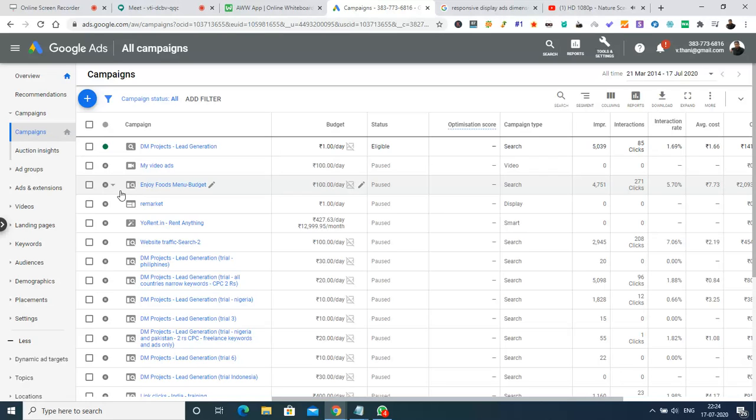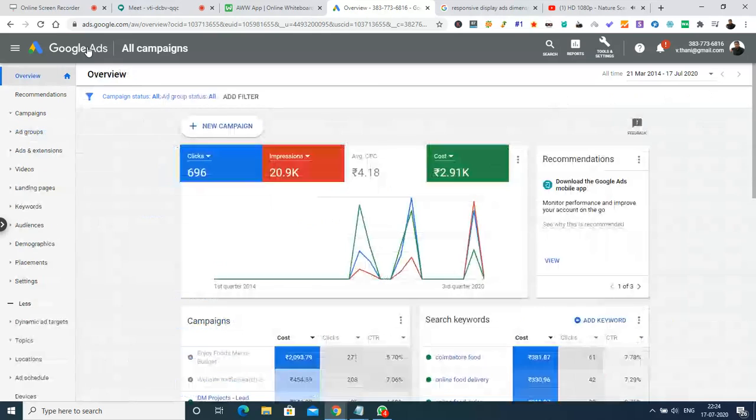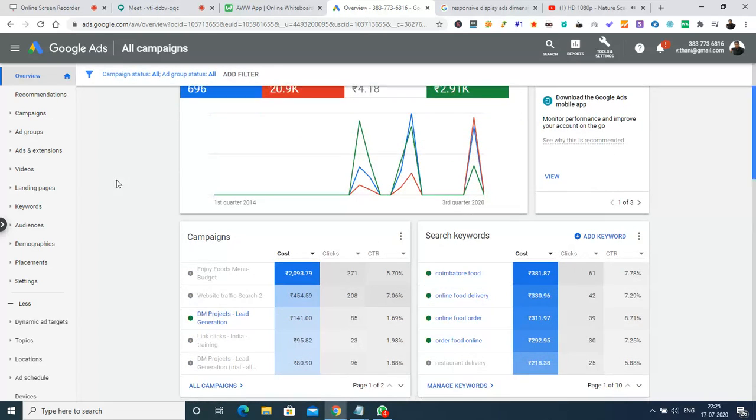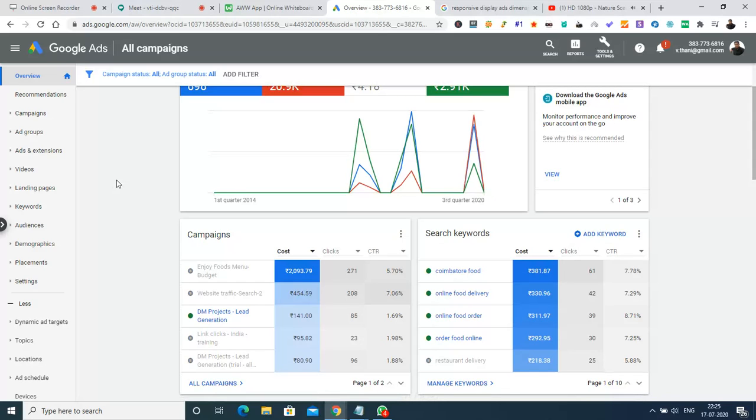Okay, and right now I'm going to take you through the Google Ads platform, and I'm going to show you all the details and data that we can get from Google while we are running the advertisement. Okay, so now in this platform,